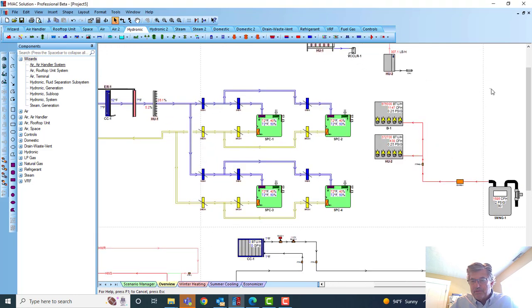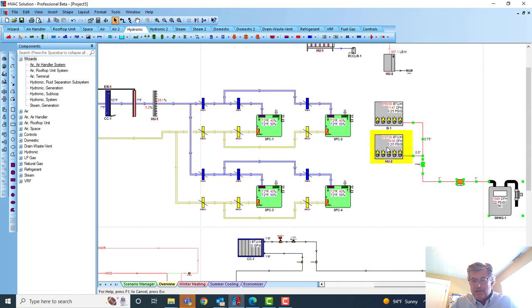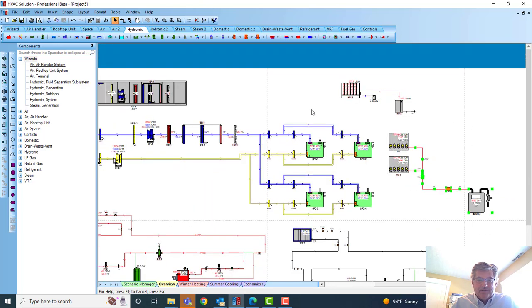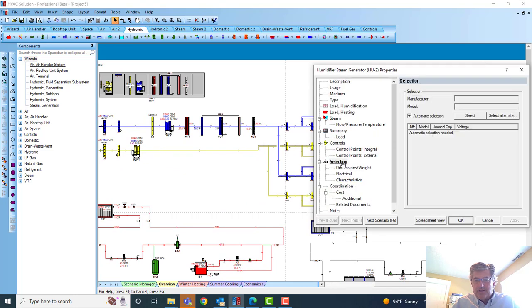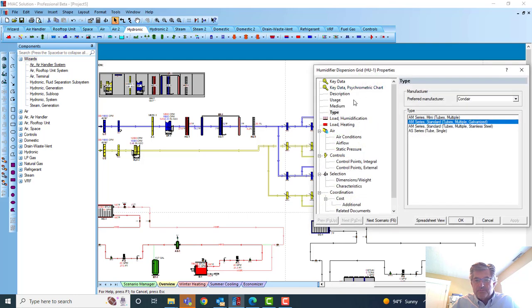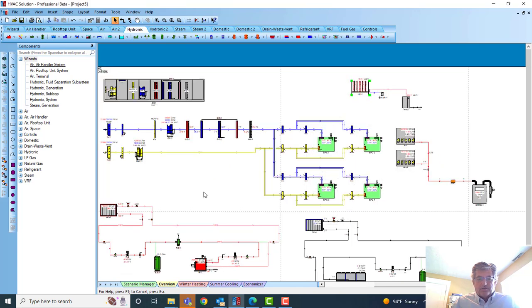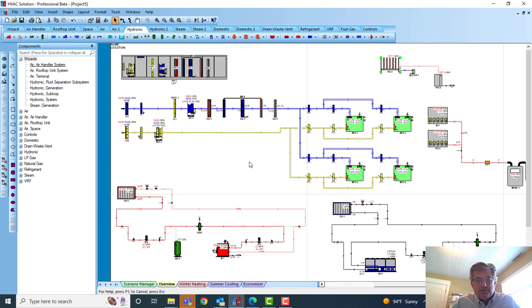then it turns from black to red. Highlight the pipes, and we'll see what kind of size we have on there. Diameters, 1 inch and 3/4. There's my humidifier. Now it's created schedules, it's selected equipment. You go in, look at that humidifier under selection, Condair, as well as the dispersion under selection, so you can see that. The SAM type dispersion. So there I have it, my air handler, airflow diagram, and the related schematics to go